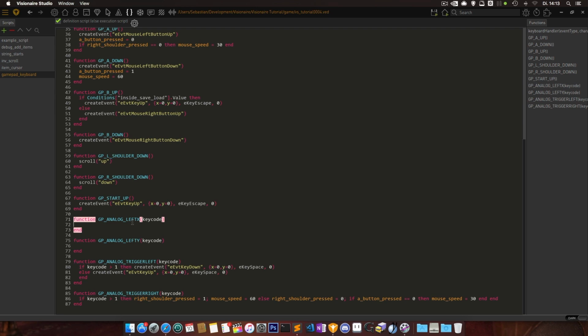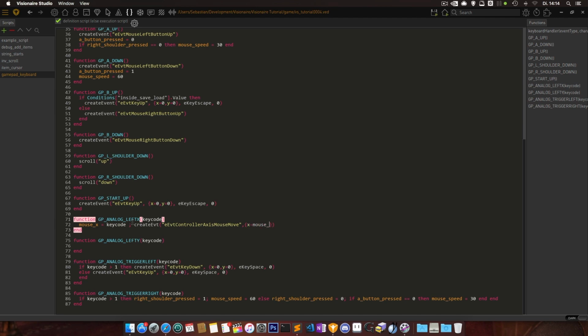So to make the mouse movement functioning, we can't use it right now, we have to use the analog left X and analog left Y. So we set the mouse X variable to the key code, and then we create an event which has its own description. It's called event controller axis mouse move. Okay, and it will have some more parameters. It will contain the mouse coordinates,